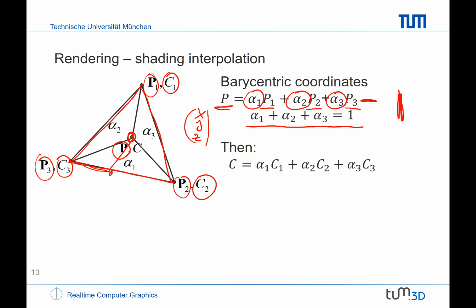So now, if for the point P we have found the barycentric coordinates alpha 1, alpha 2, and alpha 3, then everything becomes very simple, because then we can use exactly these barycentric coordinates and interpolate whatever other attribute has been specified at the vertices. In our example here, the colors. And that is good, because it means I only have to compute these barycentric